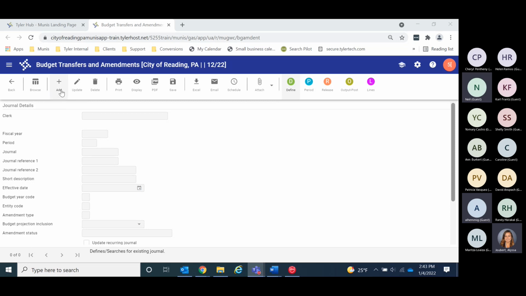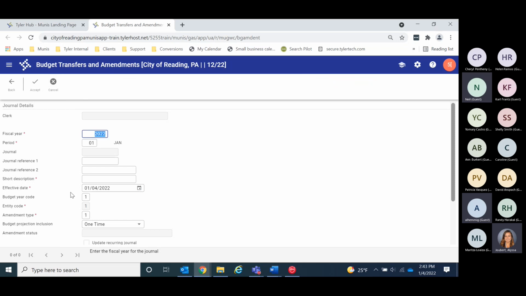I'm just going to click on the plus button, and just like with a lot of the other screens, a lot of the necessary information is going to show up for me by fiscal year and month. I have 2 journal reference fields that are optional. The thing to keep in mind with these, it is a good idea to standardize what you put in the reference fields because they are searchable. Then you can do a short description. So, for example, a transfer request,